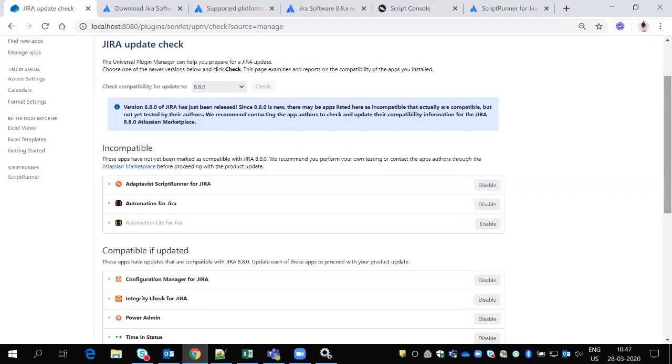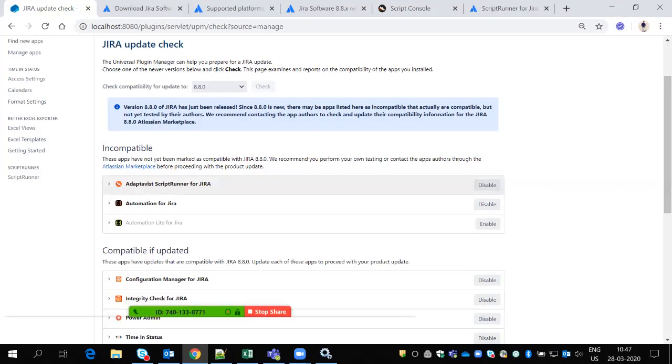If 8.8 is the latest, they use whichever version Atlassian released six months earlier, like 8.4 or 8.5, and upgrade only to that level. So in an interview, if they ask which version you are using right now, you can say 8.5 or earlier, because people never use the latest version.